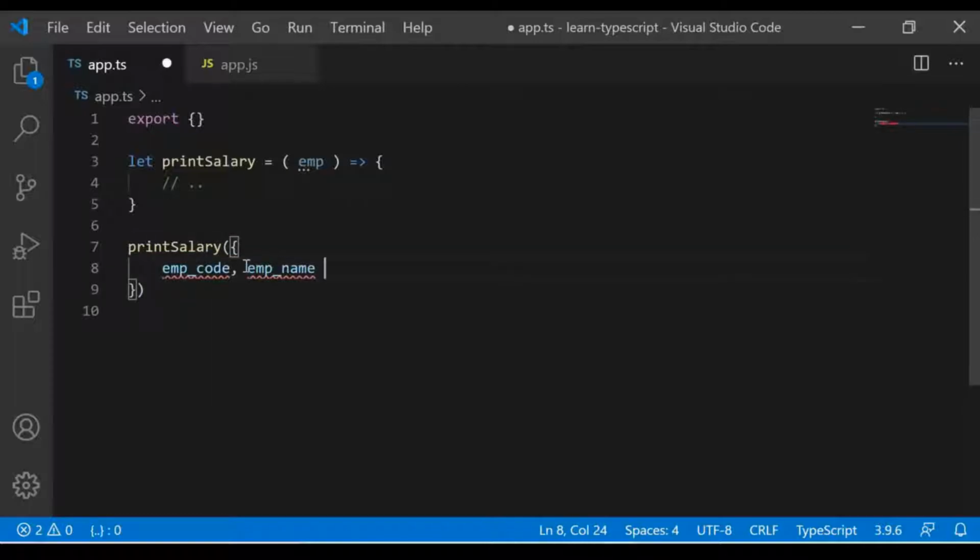So just give some dummy value. So this can be a string 001 and the employee name. So let's give this a name. Okay, Sachin.